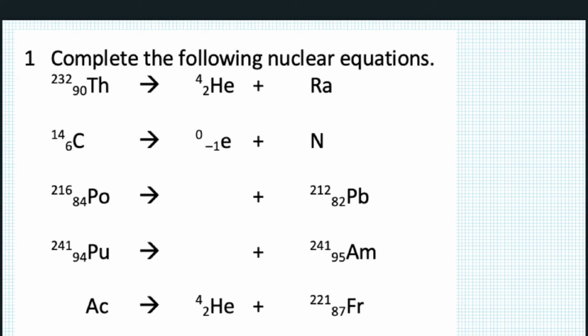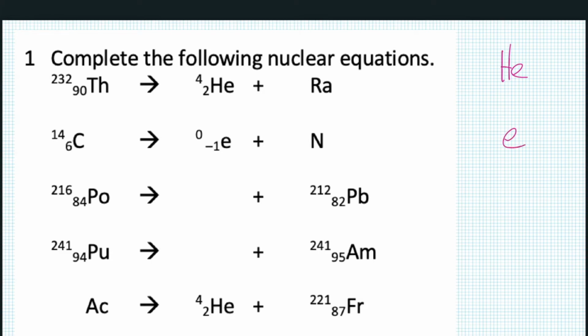Okay, so first things first, we've got lots of letters on this particular page, and most of them you don't necessarily need to be able to remember what the symbols mean. In a physics exam, if you need to know, for example, what Ra stands for, you will be told in the question that Ra is radium. So you don't actually need to remember many of these at all. The only ones that you do need to remember are